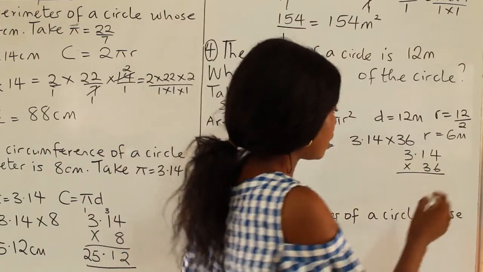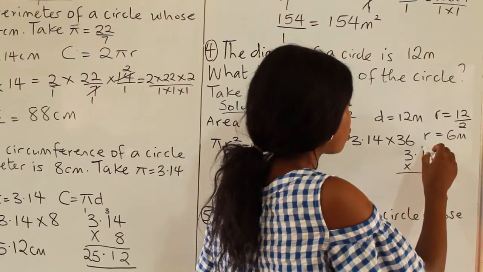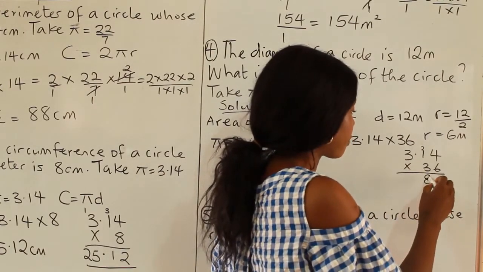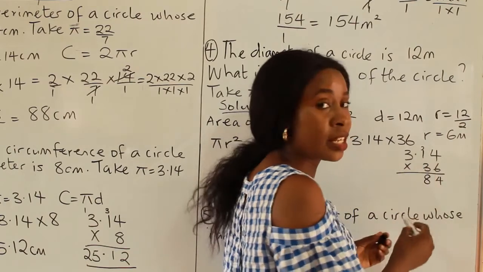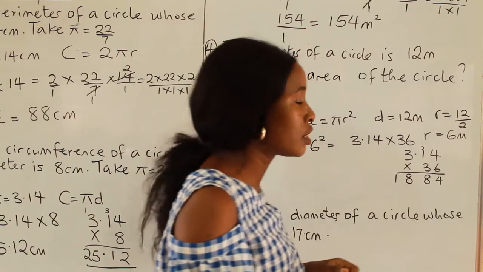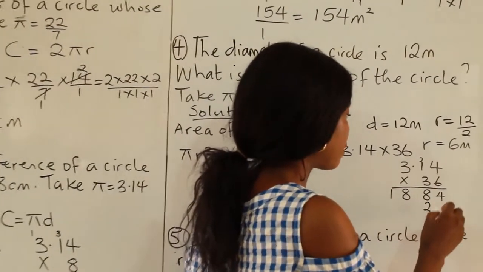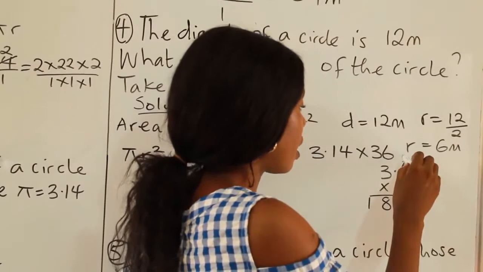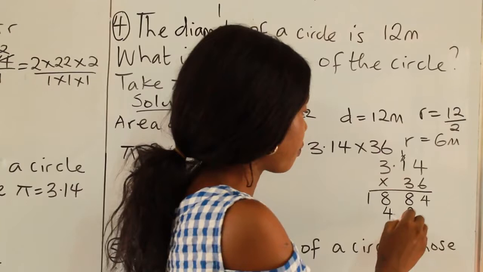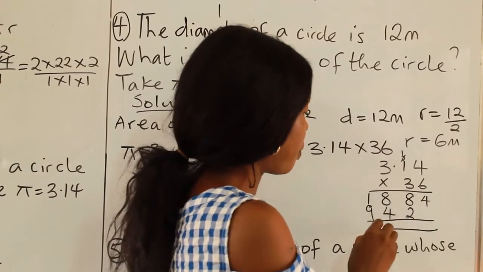4 times 6 is 24. Write my 4 and carry 2. 6 times 1 is 6 plus 2, 8. 6 times 3, 18. I'm done with using 6 to multiply 3.14. 3 times 4 is 12. I write my 2 and carry 1. 3 times 1 is 3 plus 1, 4. 3 times 3, 9. If I add up,